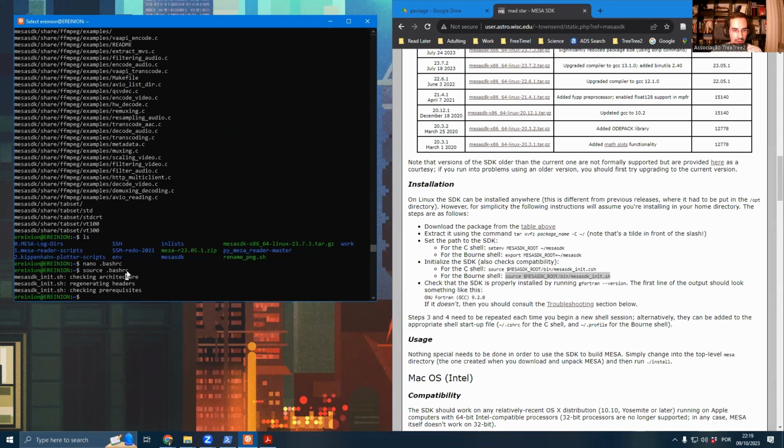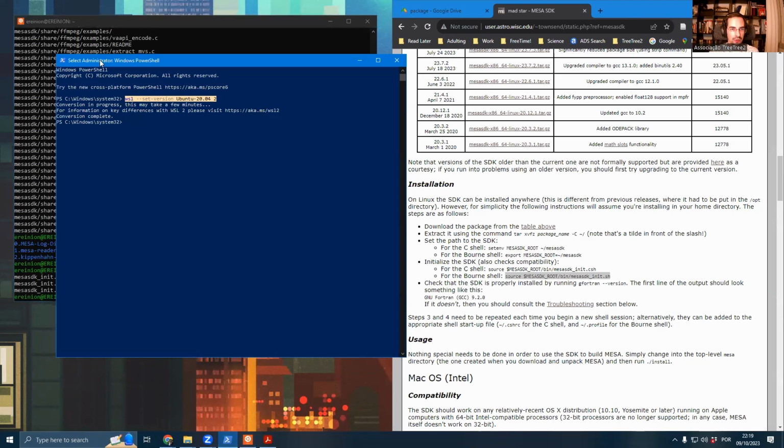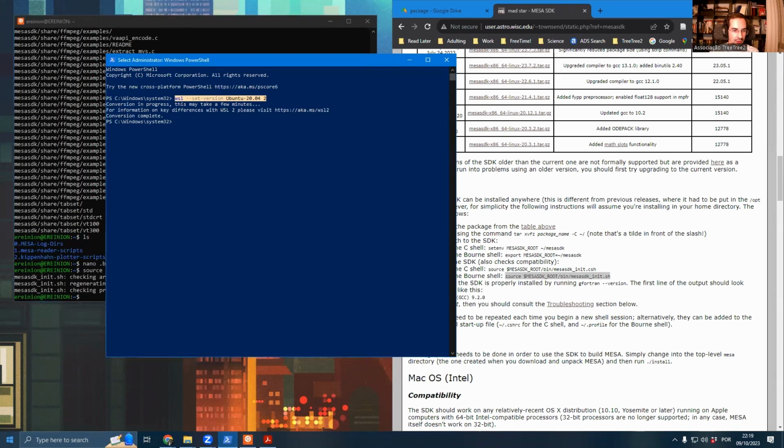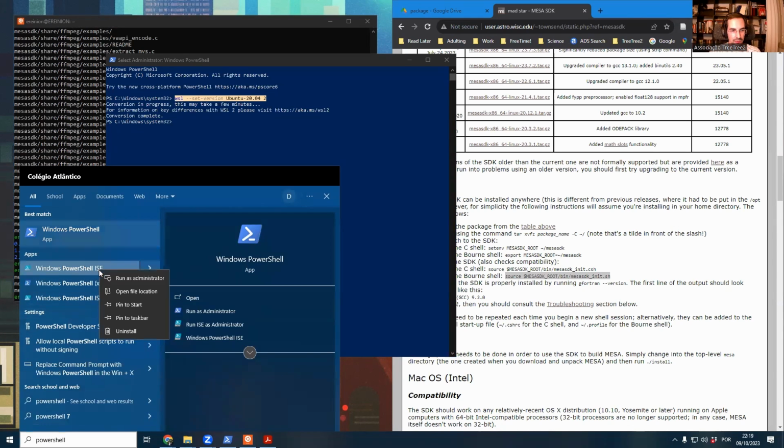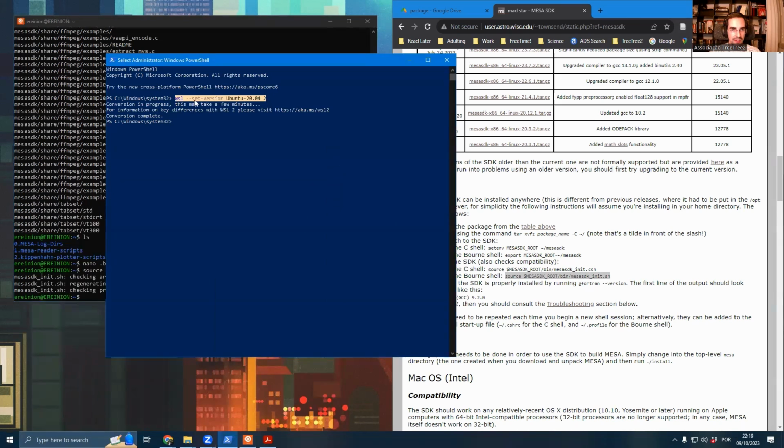Now, importantly, you may get a bug that says something like "unsupported architecture," something like this. If you get this error, it means that you are using an old version of the Windows Subsystem for Linux. And what you need to do is open the Windows PowerShell in administrator mode. So you just type PowerShell and you run it as administrator, and it opens something like this. And then you want to execute this command,